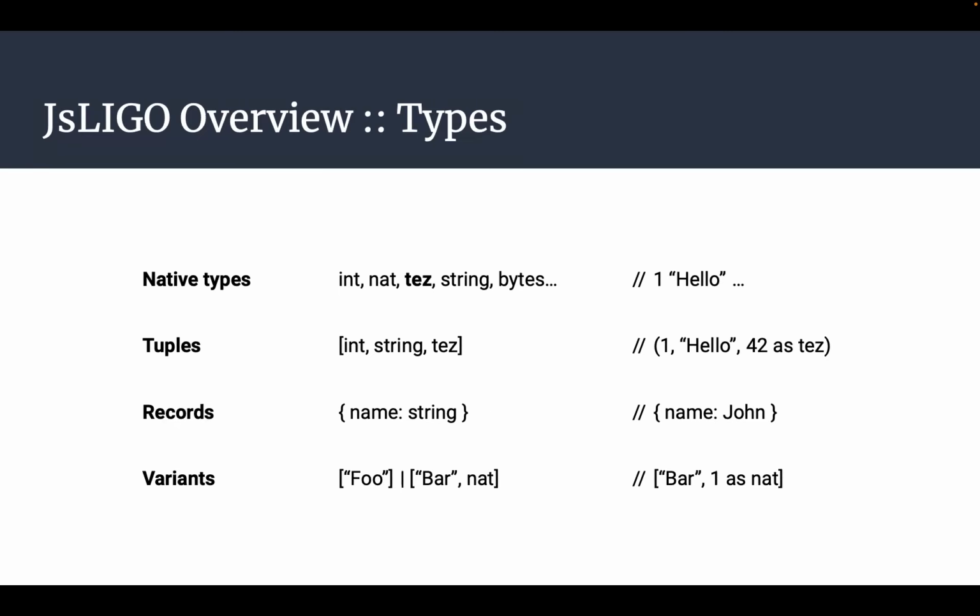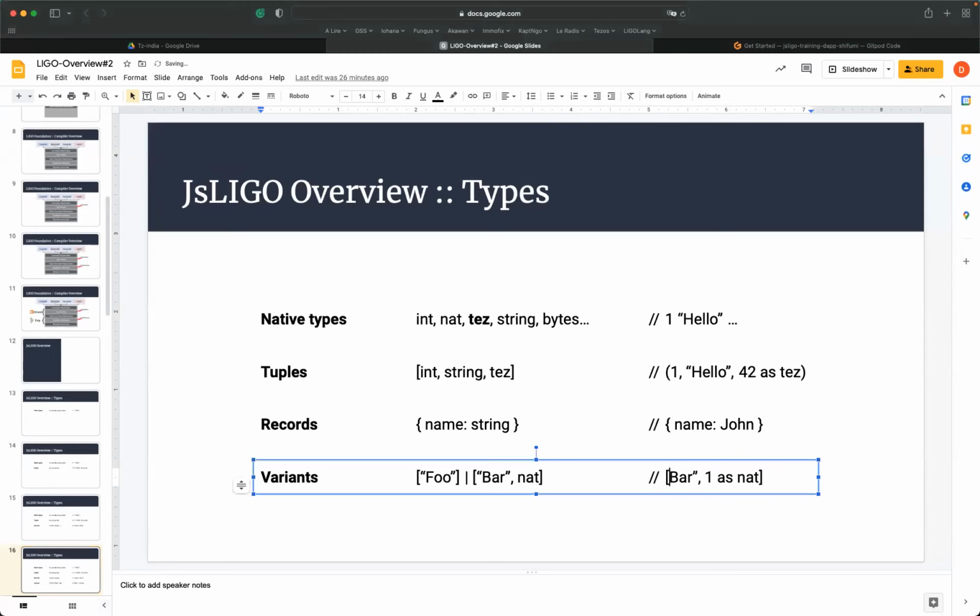And what we call the variant, which is a type with different values, with what we call constructors. So we have a variant with a constructor which is Foo, and is waiting for nothing, and another one which is Bar with an added value which is a natural. Okay, so we can construct, and this slide is stupid because we don't write it like this, but we write it with parentheses. Let me correct it, sorry. I'm just going to fix it. Something like this. This is better, sorry.